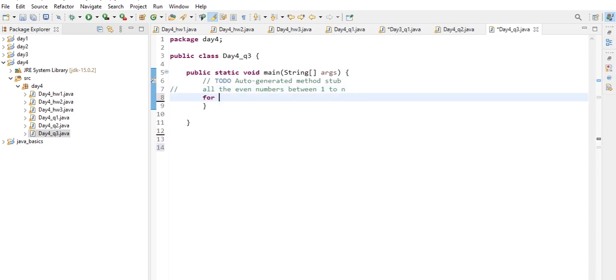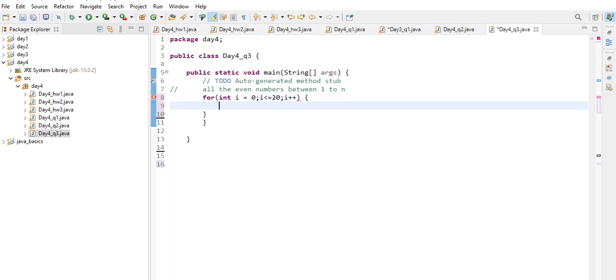So for int i is equal to 0, i is less than or equal to, let's say we want to print even numbers from 1 to 20, that is 0 to 20, and we are incrementing i plus plus. And now here we get the conditional, because we need to print even numbers, and if i mod 2 is 0, that is if the remainder is 0, then only we can say it is an even number.